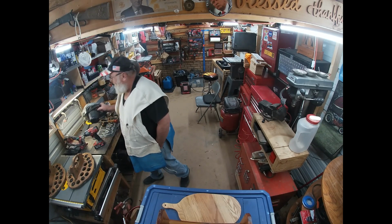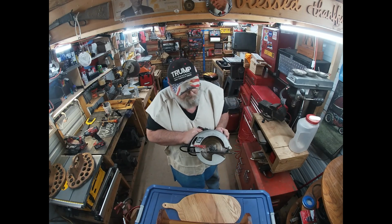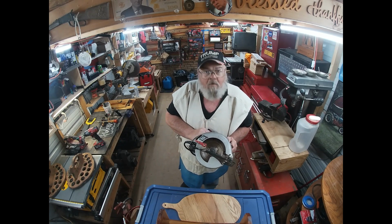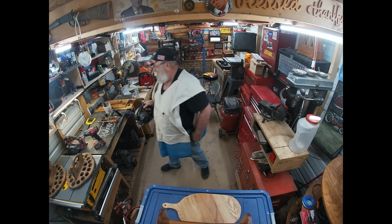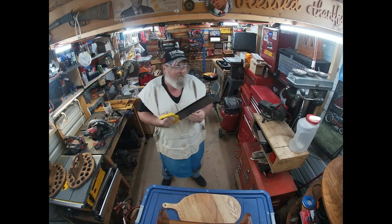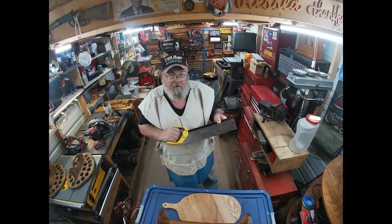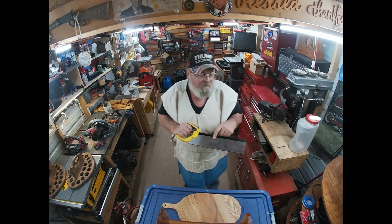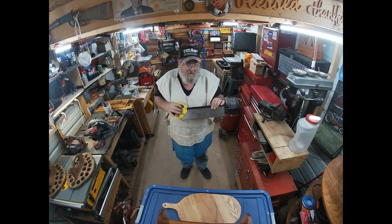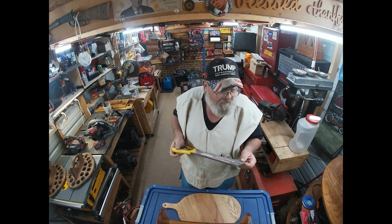And listen, if you ain't got one of these, you know what this is? That's a good old circular saw. A lot of people call it skill saw. This is a Craftsman. No, it is a skill saw. Hey, it's a skill saw. If you ain't got one of them, I got a feeling if you're smart enough to figure it out, you'll probably resort to one of these. Now, one of these, y'all, all jokes aside, it's not your professional strong back saw, but in a pinch, if you're careful and you're paying attention to what you're doing,